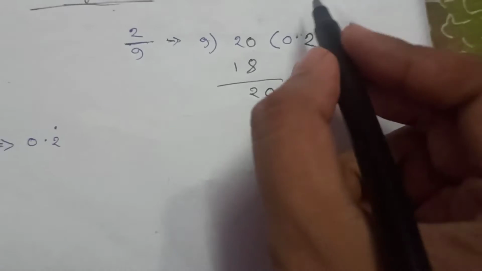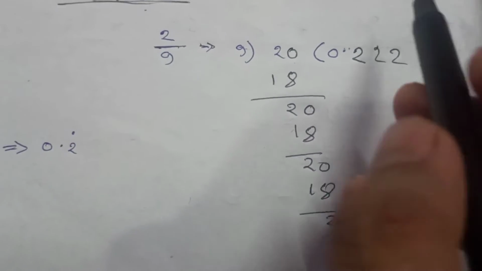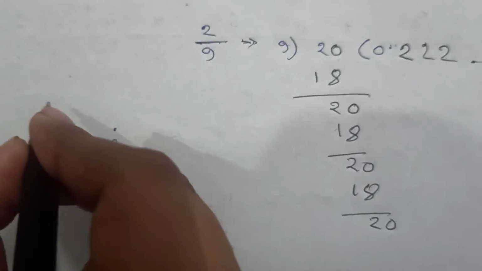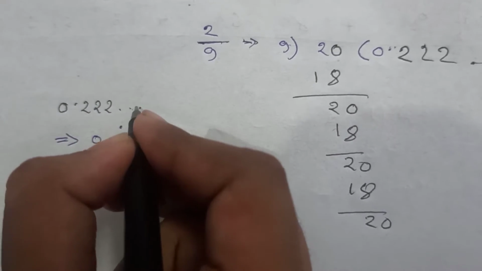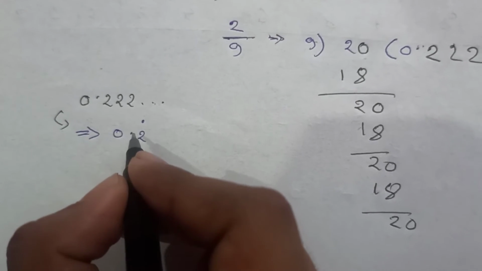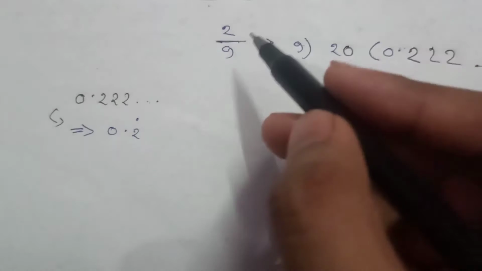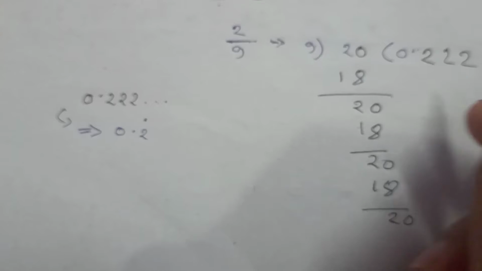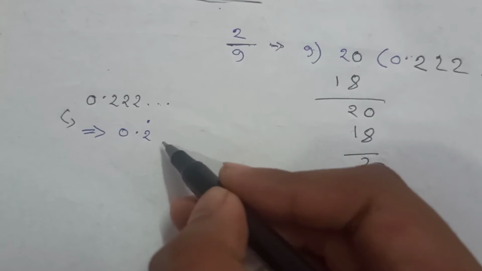So I will write this as a recurring decimal. How is a recurring decimal denoted? It is denoted like this. 0.222, and it will keep on going. We can describe it like this: 0, then the point. After that we write the recurring part, that is 2. On it we put a dot, the recurring decimal point. This dot means that the 2 will repeat and keep on going.